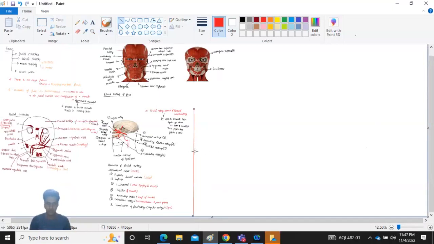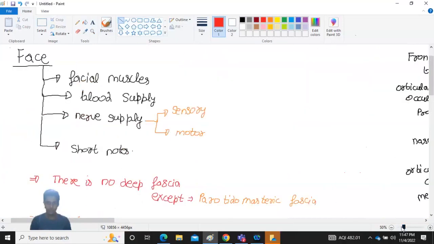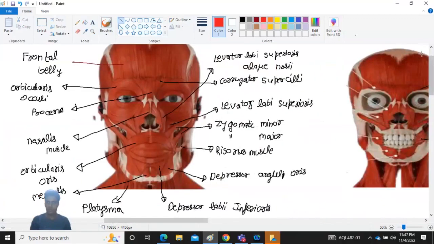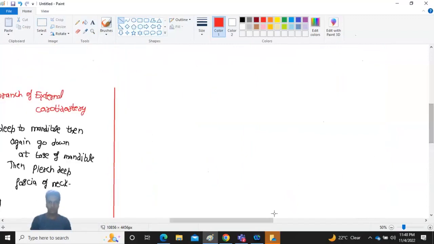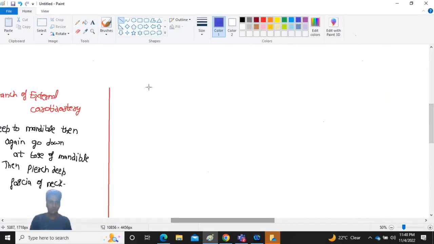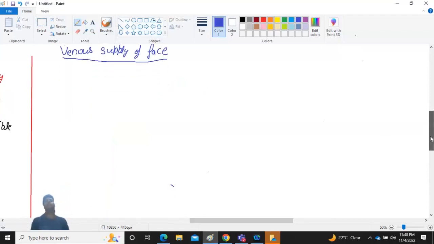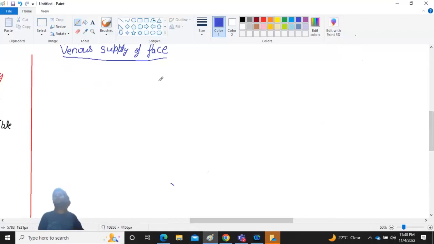Venous supply of the face. So for the venous supply, this is a similar pattern of the veins of the face,